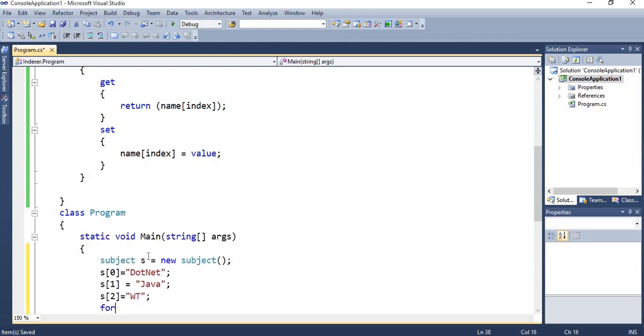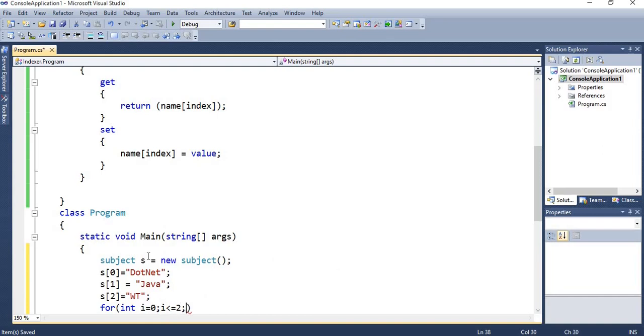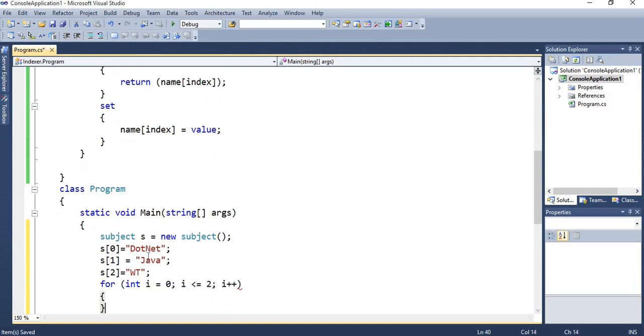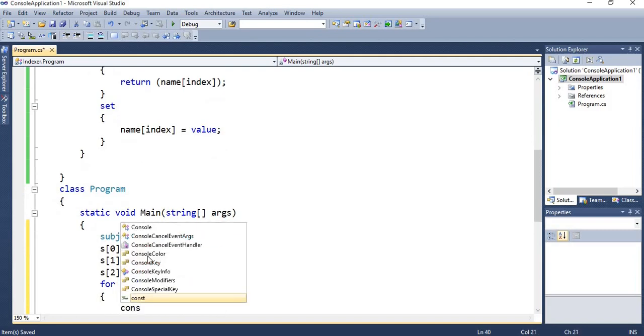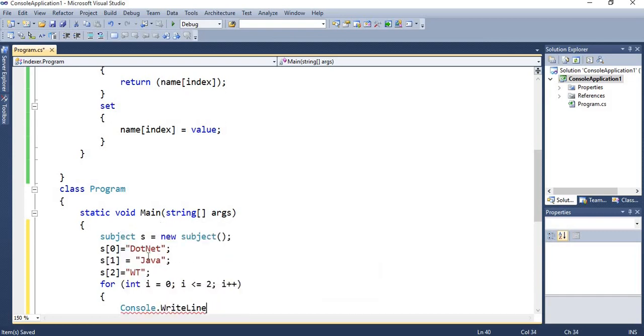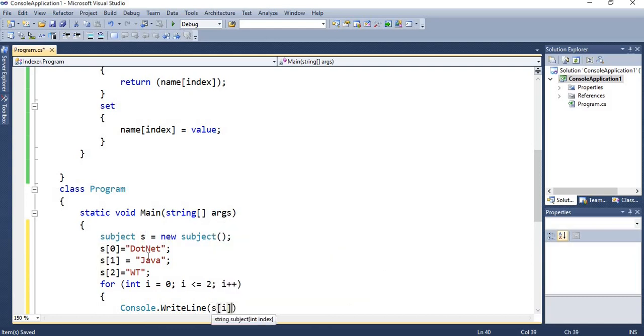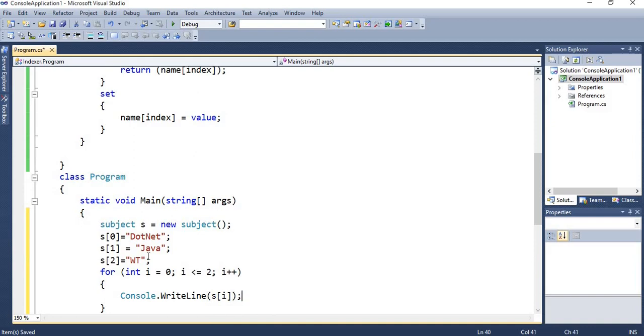To see the output we are passing this value in a for loop. Console dot write line, simply s and i.